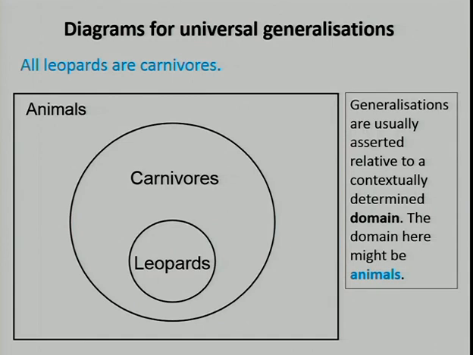So in this case, this is pretty much a no-brainer, right? None of you would be confused about this at this point. All leopards are carnivores. So there's a domain, animals, that this belongs in, and this is obviously the smaller group of that. So that's not rocket science. It does get a bit more interesting later, as we'll see in the tutorials, because in some forms of statements you obviously don't always get that in a text, right? All A or B. So figuring out what exactly is being said can be a bit trickier, and that's where this gets interesting.